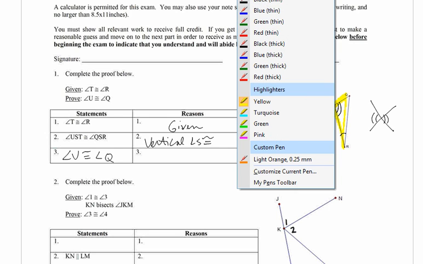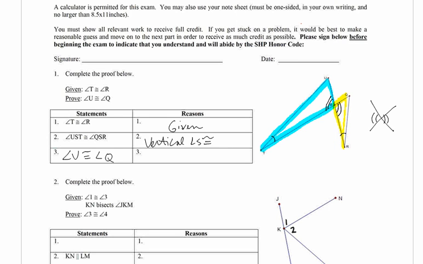And I know that this angle is congruent to that angle, and this angle is congruent to this angle. I know that triangles must sum to 180 degrees. So if these two are set values, there's going to be the same amount left for angle U as there